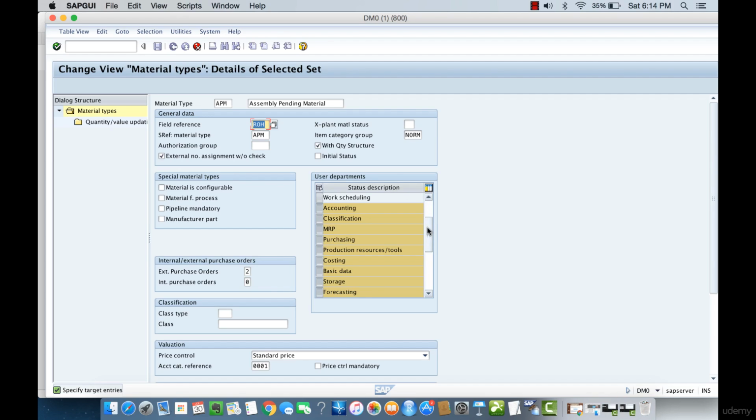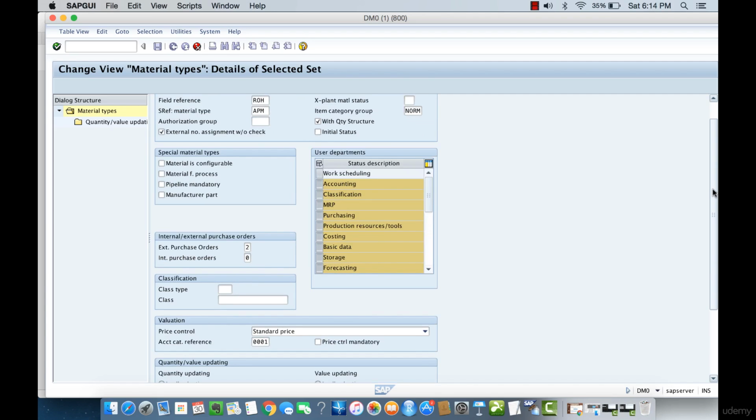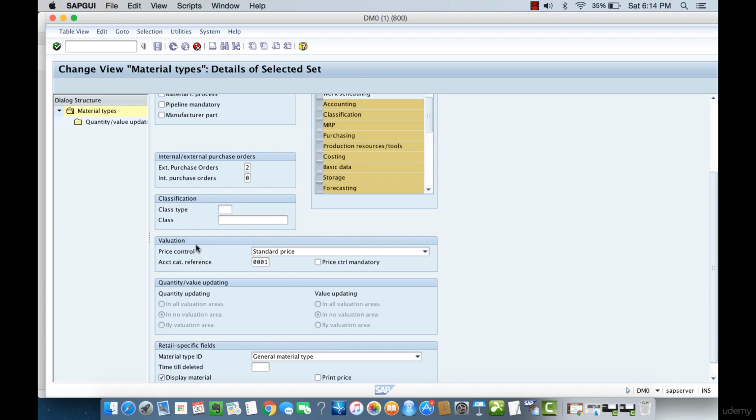So can we use these with the separate user departments? Here we have a common department. You might see MRP. MRP is the short form of Materials Resource Planning. So it's the way that we work out the logic of how we're going to be planning materials and how we're going to be shipping materials from one plant to another plant. Let's come down here, and over here we have valuation information, how we're going to be valuing the inventory and those sorts of things. We can just press enter here,